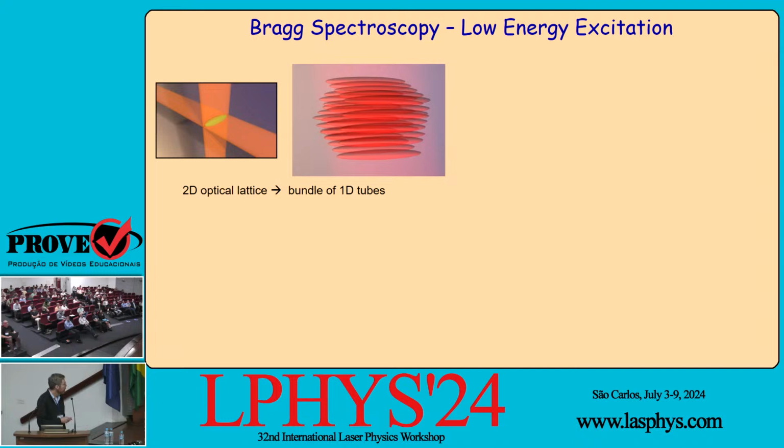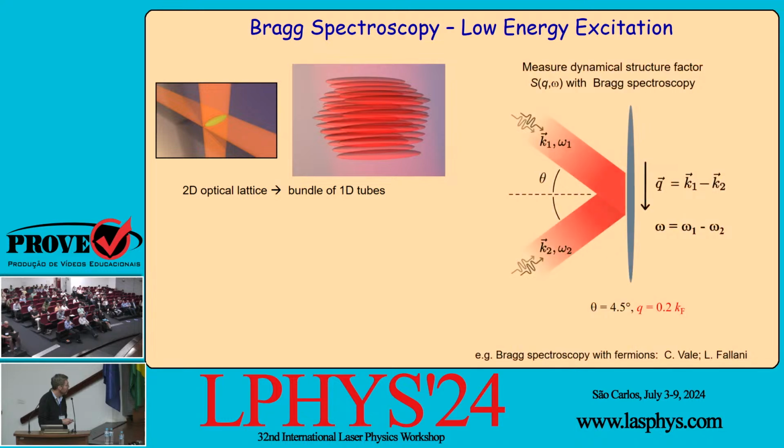So we decided to do something a little bit different, which is to use Bragg spectroscopy. We make an optical lattice, a 2D optical lattice, which results in a bundle of one-dimensional tubes. We fill these tubes up with of order 50 to 100 atoms, and then we can impart excitations by scattering laser beams. This looks kind of like a Raman transition, but it has both momentum and energy,